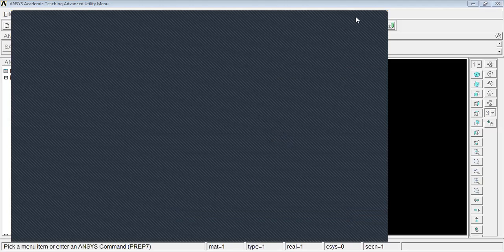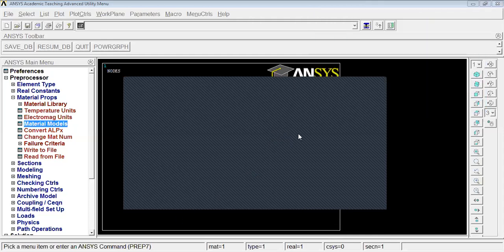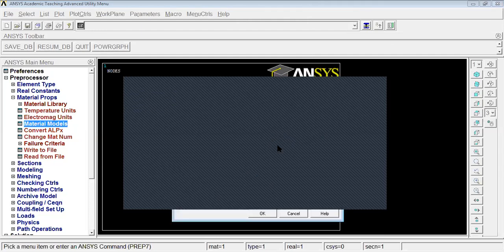So 2E5 for the first and the third, and Poisson's ratio as 0.3. Say OK. And for the second element, it is 1.9E5, and Poisson's ratio, I will choose it as 0.25. Say OK.